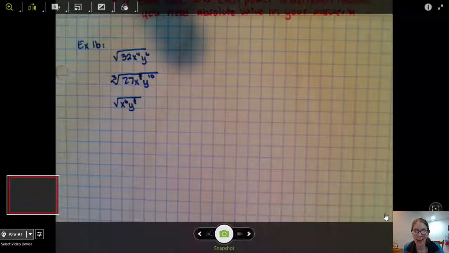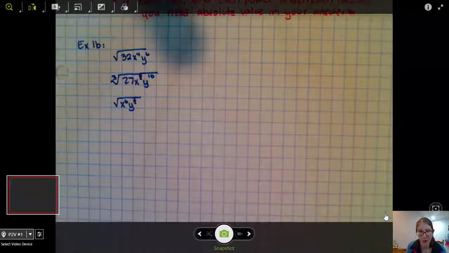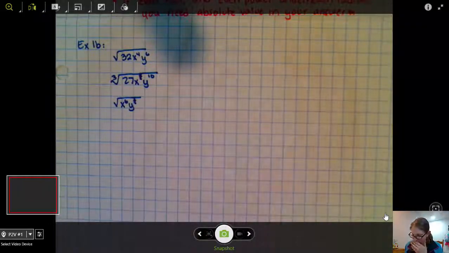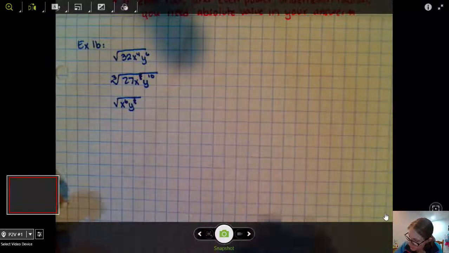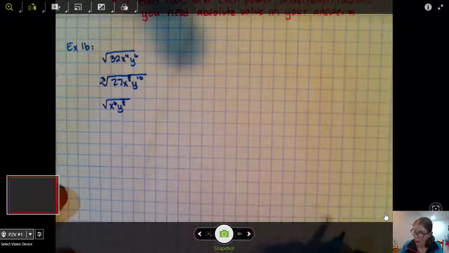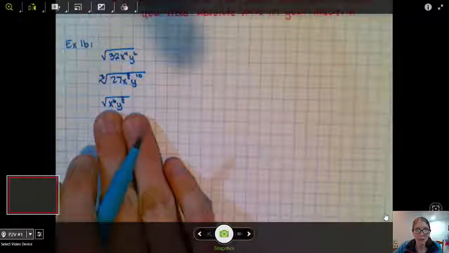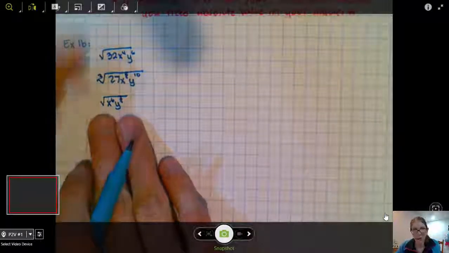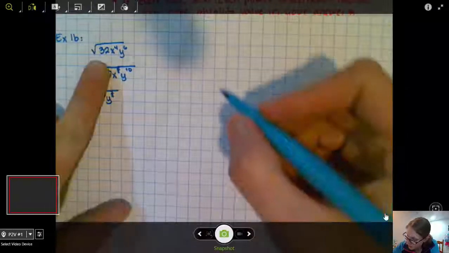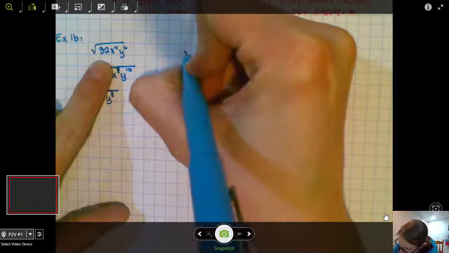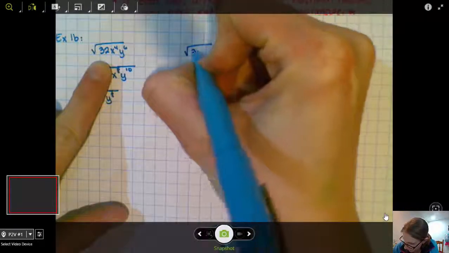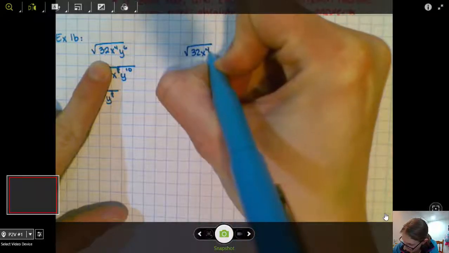Okay, let's take a look at a couple extra examples here. Example 1b, same idea, same process of simplifying some radical expressions. And I guess I really should have given myself some extra room here. So I will rewrite my problems on the side as we go through. But if you wanted to try some of these problems on your own, here are the problems that I'm going to do. So example 1b, let's start off simplifying the square root of 32x to the 4th y to the